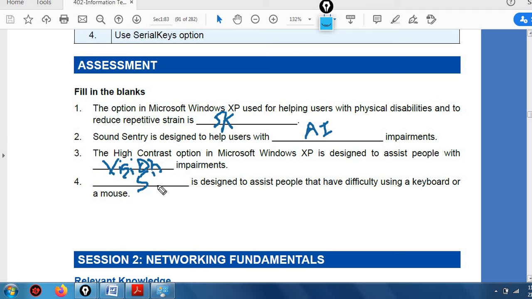Using serial keys, the people who are having problems using the keyboard or a mouse can use this feature. Okay. Now this is sticky keys, this is auditory impairment, this is vision impairment, and this is serial keys. So I hope you understood this chapter properly, and that's it for today. Thank you.